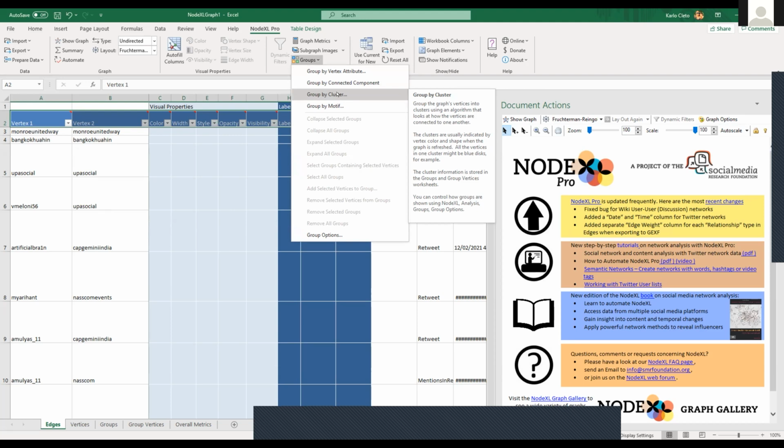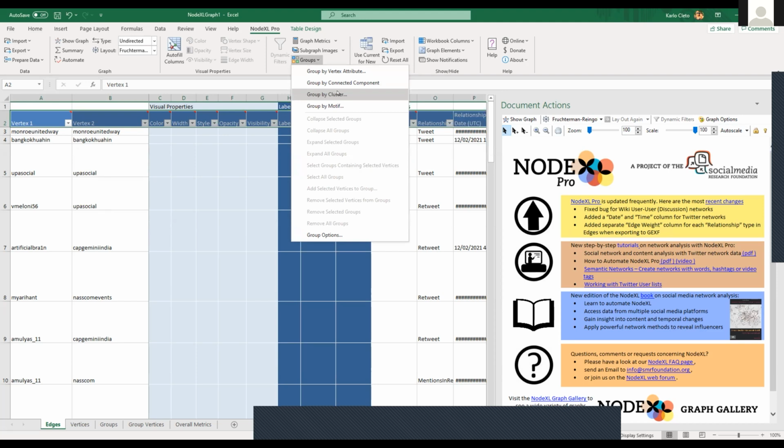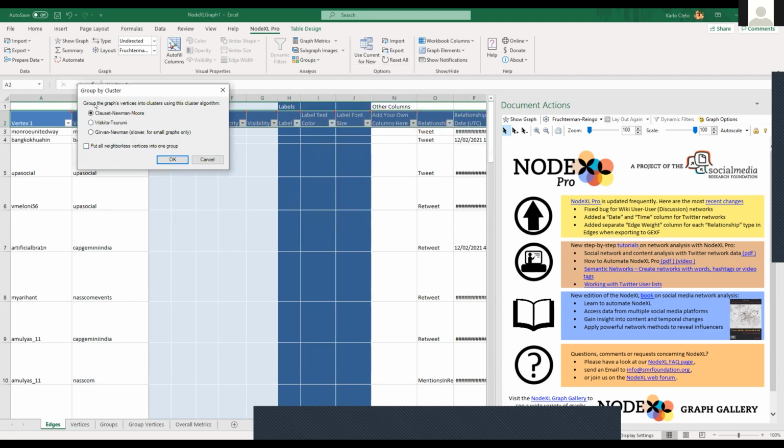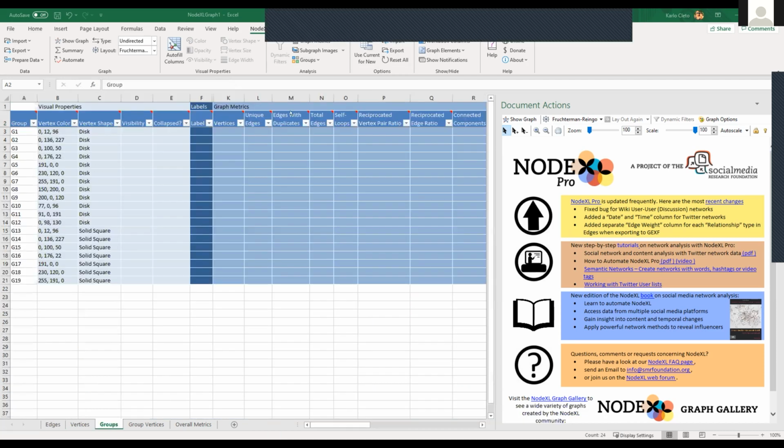And then here in network analysis, if you tend to do that more frequently, then you will be parang put into a cluster or a community. So that's what this does. Itong group by cluster. So if you click on that, just click on this. We use this Clauset-Newman-Moore algorithm. Ayun, so it generated 19 groups already. So that's the next thing that you want to do.